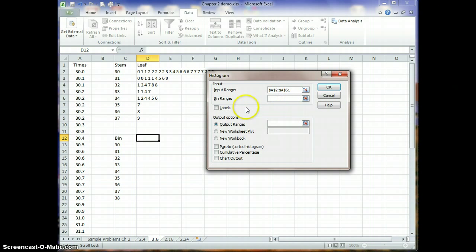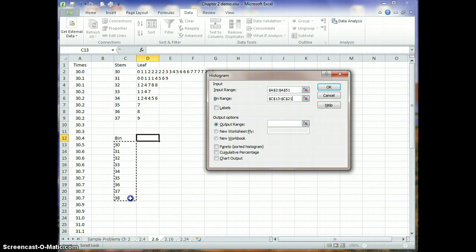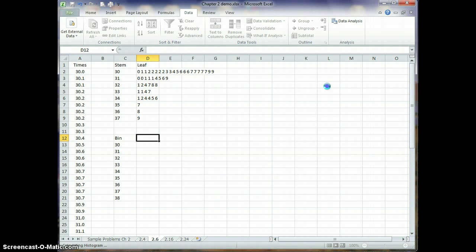Now I click in the bin range. And actually, okay, that's fine. I won't use labels. So in this case, I'm going to go 30. So click on B13 or C13 to C21. If I had included cell A1 and C12, I would select this labels, but since I didn't do that, I won't use that. The output, I want it to be as chart, and now I just need to select a range, and I'm just going to select cell F12 to do that. And now I'm going to click OK,